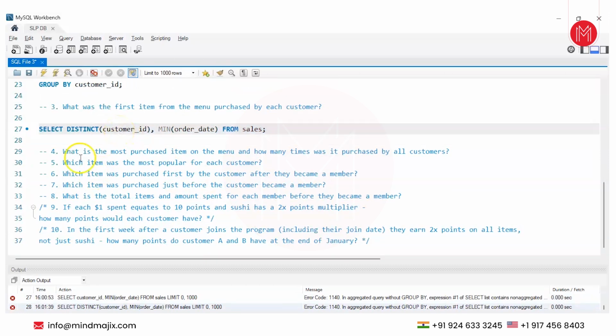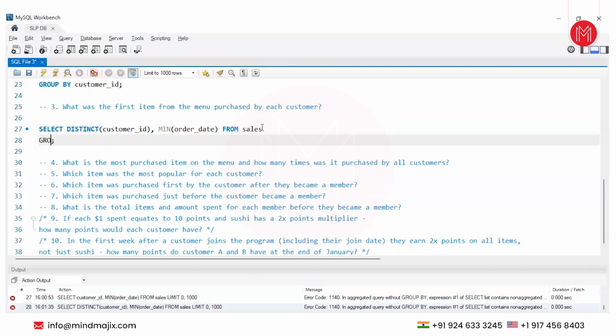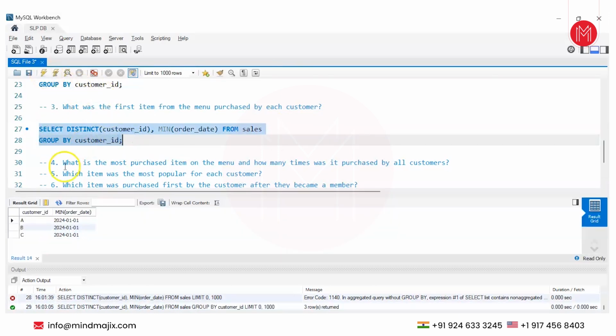Okay, so far so good, but we still find some errors. The in aggregation, okay, let's expand that. Aggregated query without group by. Okay, let's group by again. It should resolve the error. There you go. So the first date visited by each and every customer with the same date, 1st of January